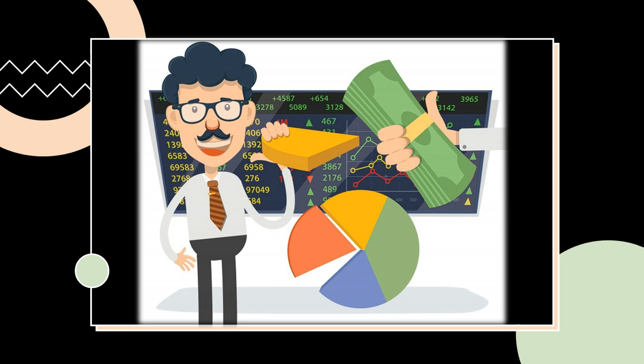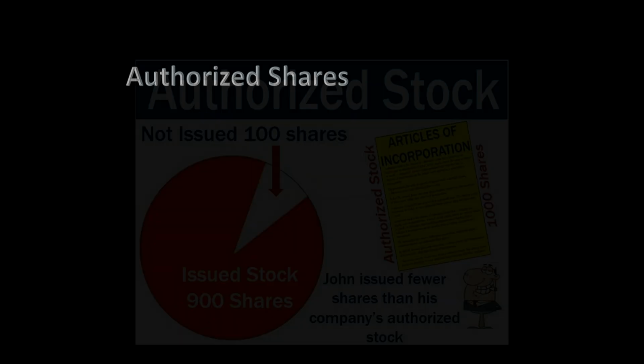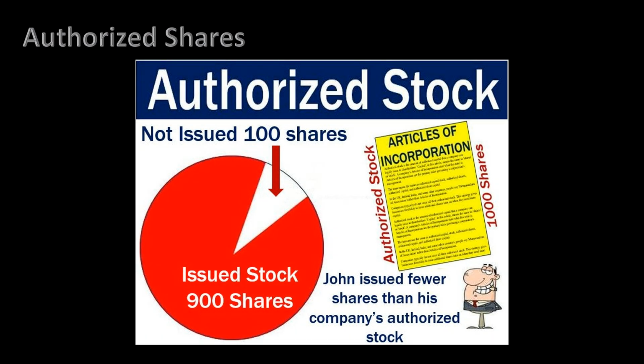Denoting the greatest proportion of stocks trading on the exchanges, the float consists of regular shares that many of us will hear or read about in the news. It is important to understand the composition of a company's shares. There are two main categories: authorized shares and outstanding shares. Authorized shares refer to the largest number of shares that a single corporation can issue. The number of authorized shares per company is assessed at the company's creation and can only be increased or decreased through a vote by the shareholders.